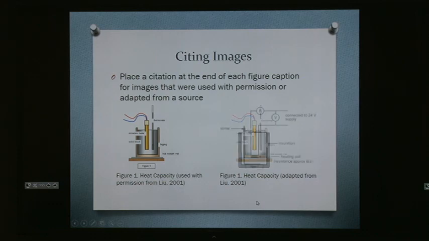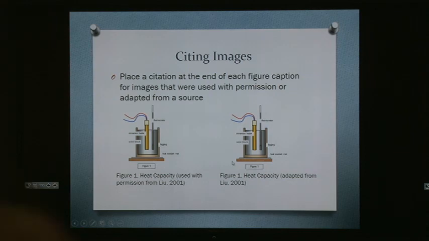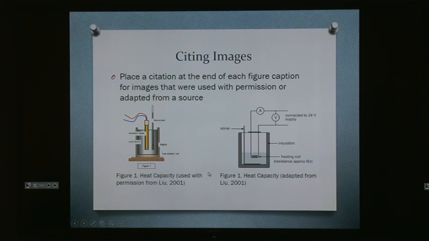If you have adapted it, that means you've used tools to redraw this. You don't need to get permission. You just cite adapted from and then the source, because you have redrawn the same idea. Don't look at this too close, you science people. This is not a direct, I've been trying to find better examples of this. But just to illustrate that you take the person's original illustration and you can redraw it, and you don't need to get permission. Because this is now your visual representation of the process or the idea. But it did come from another source.